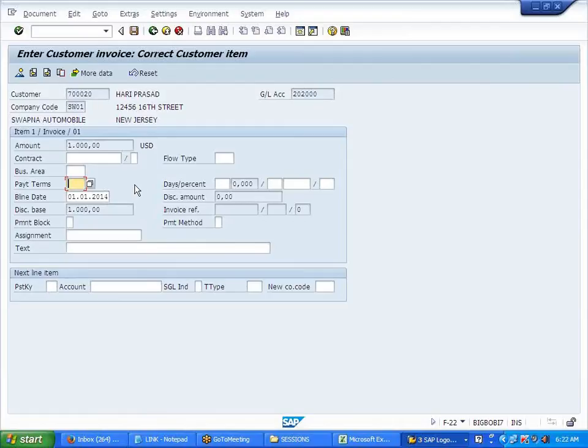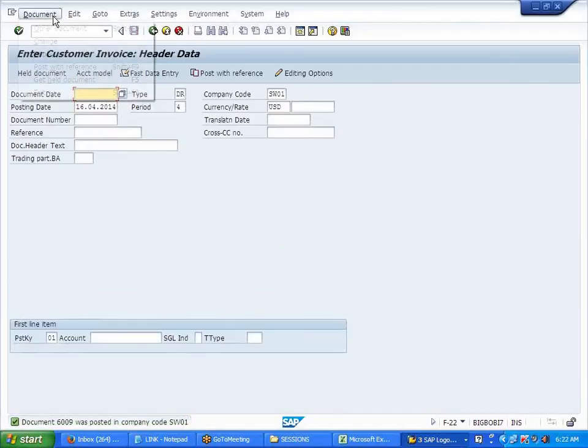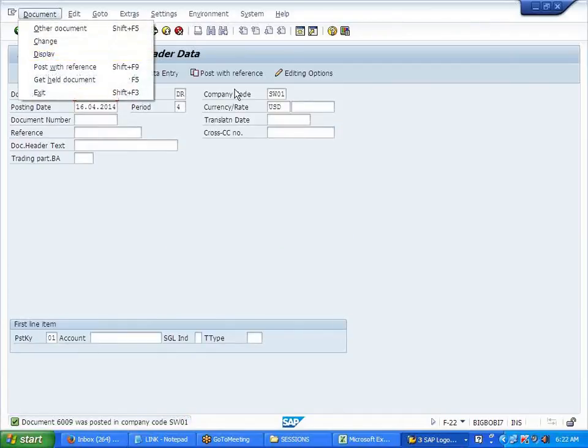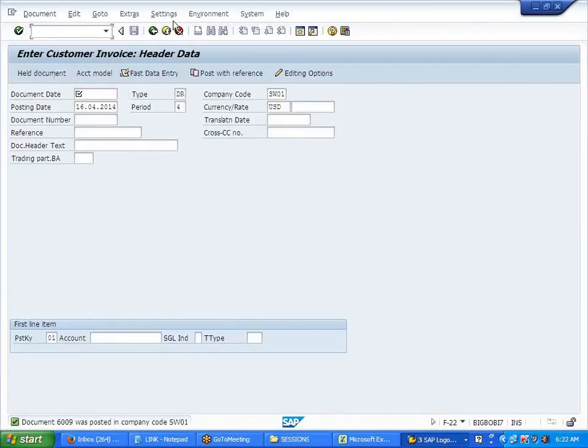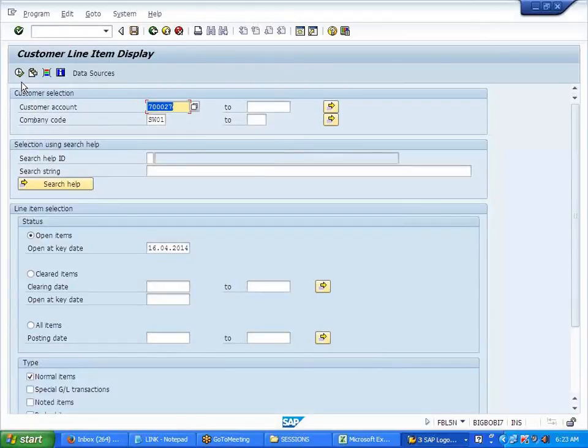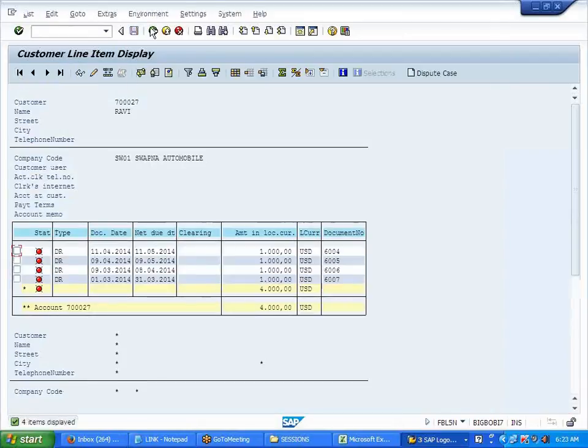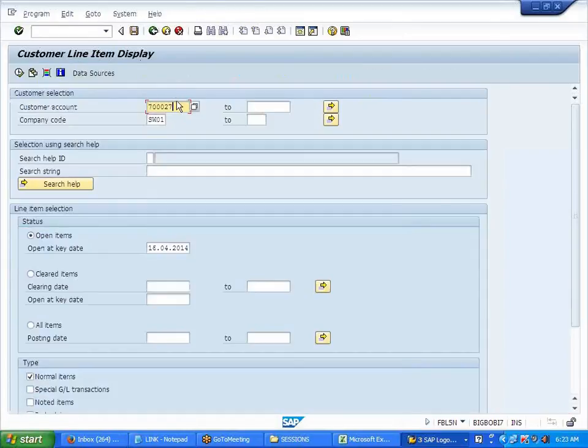It's up to you. Now let us see the line item. Watch carefully, I'm testing now.